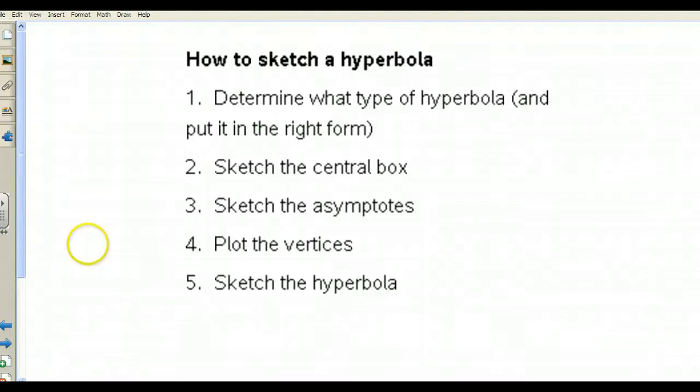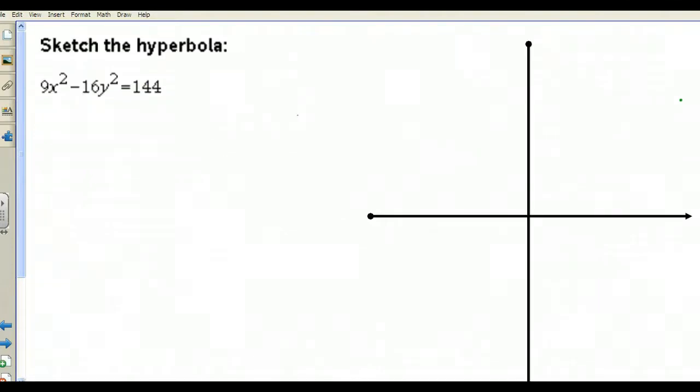Okay, so this is how to sketch a hyperbola. Go ahead and write these steps down in your notes, and I will go to the next page and show you what these steps are. Okay, so the first step is, just like ellipses, in fact very much like ellipses, you really want to get